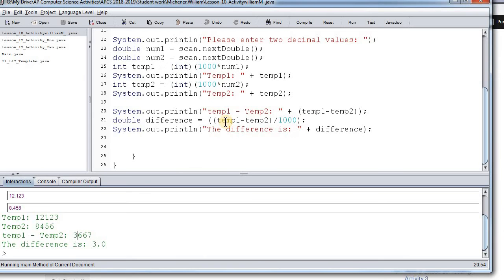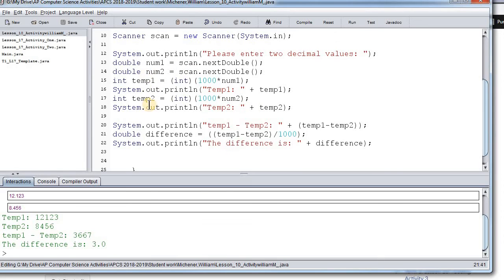You've got an integer, and when you subtract them, you still come up with an integer, but then when you divide by 1000 you still have an integer, so that's why it's changed it into a 3.0. So that's the problem that you're going to have to deal with, and I'll tell you right now, you're going to have to cast something,